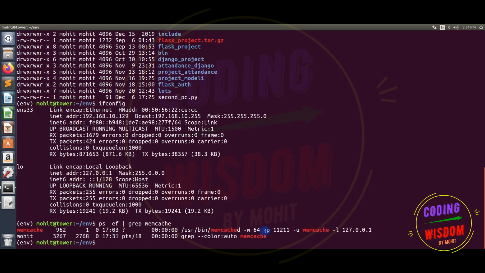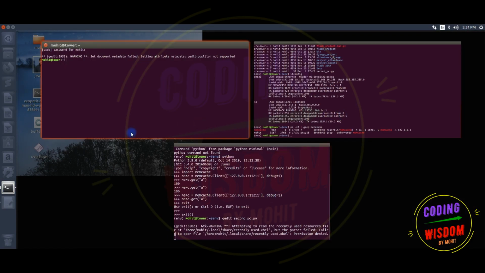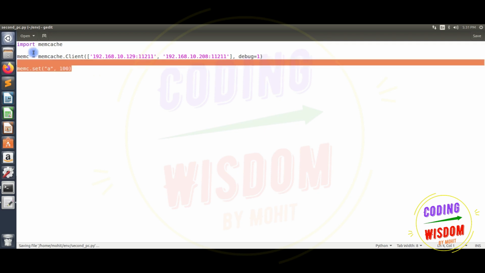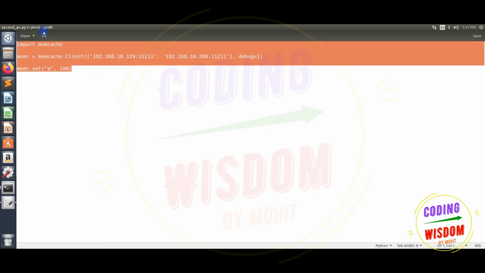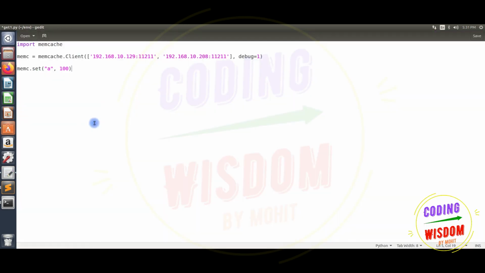Yes, great, working fine. Here this is a connection string. Let's see if it will work or not, otherwise we will change the memcache setting, because memcache is running on the 127 server.